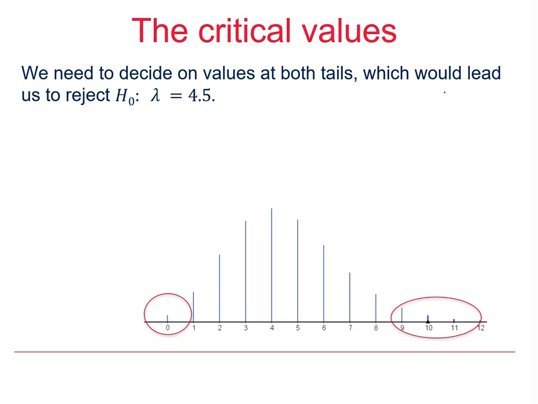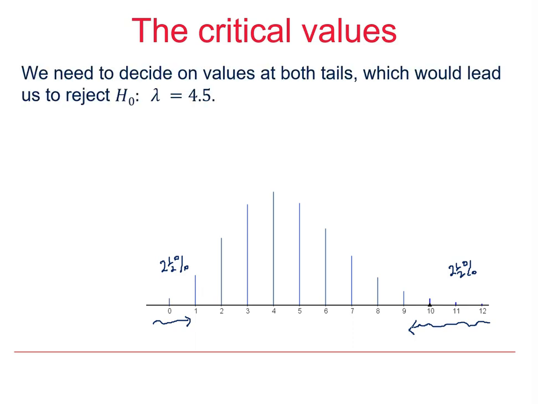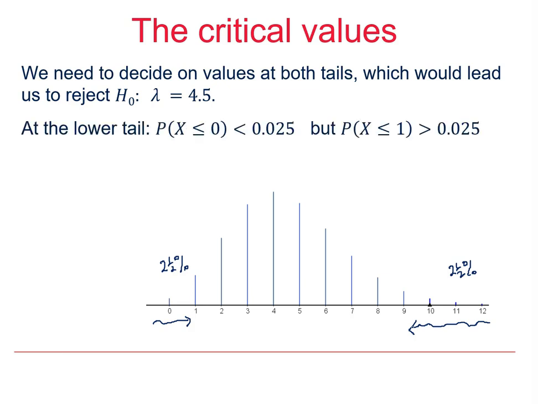And because we are doing this test at the 5% level, we are going to be looking at how many values we need to be including. So the probability of obtaining those values is 2.5% or less when our null hypothesis is telling us that lambda equals 4.5. And what we need to look at is where our cutoff point is. So the probability of getting up to one value is below 2.5%, and the probability of getting up to the next value along, so if we look at the lower end it would be 0 and then 0 and 1,